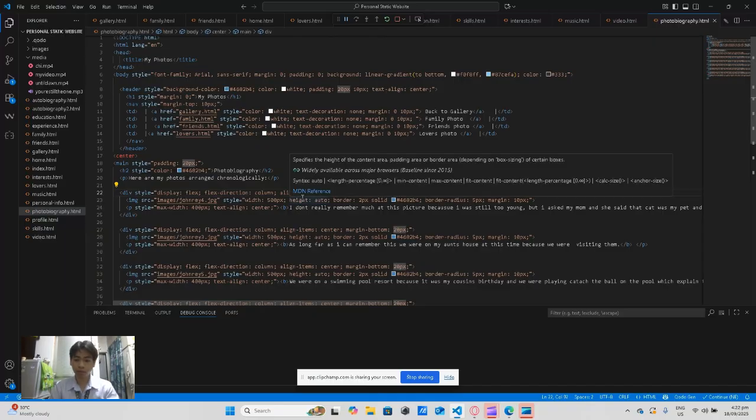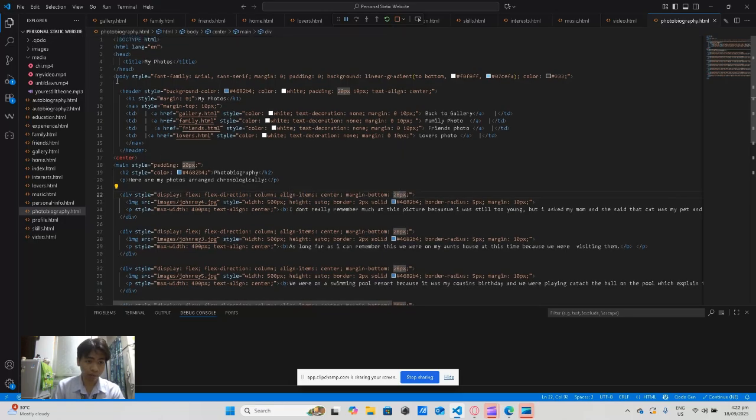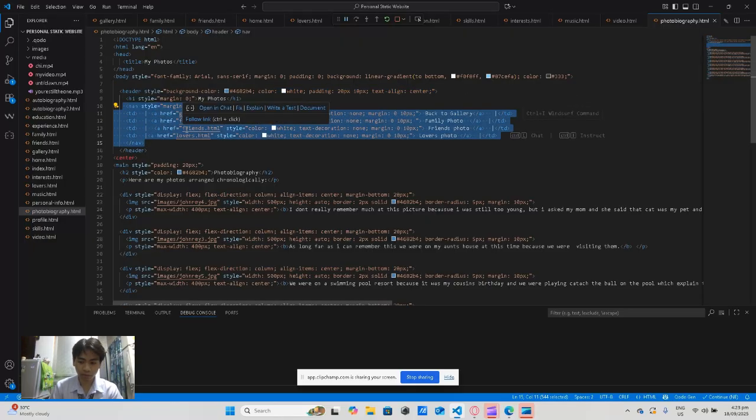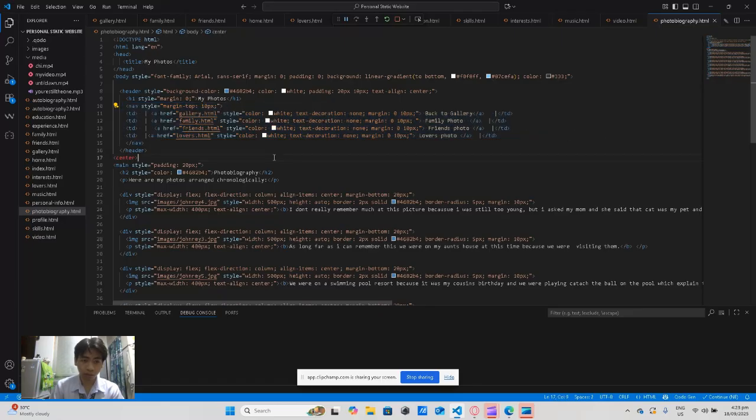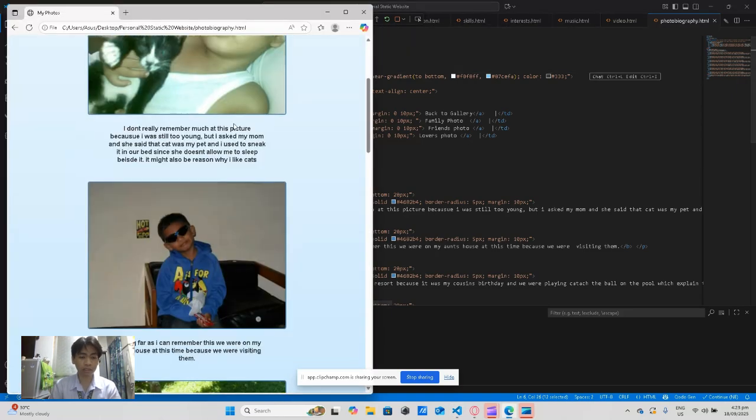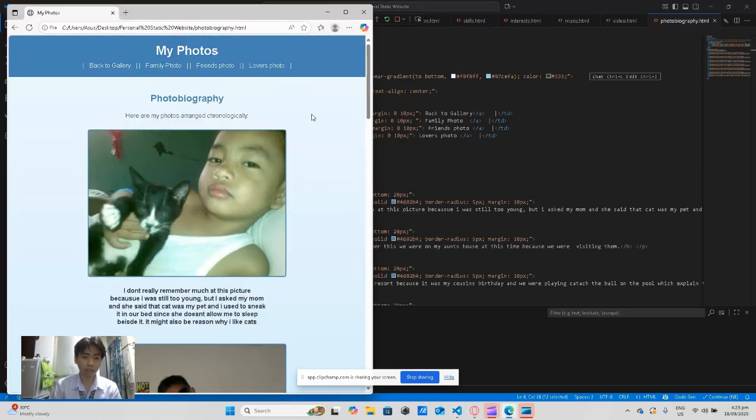To sum it up, I used inline CSS to style the body, header, and navigation contents, which are all of these here. I also use it to control the fonts so that everything is easily readable. As you can see, it can easily be read by anyone.